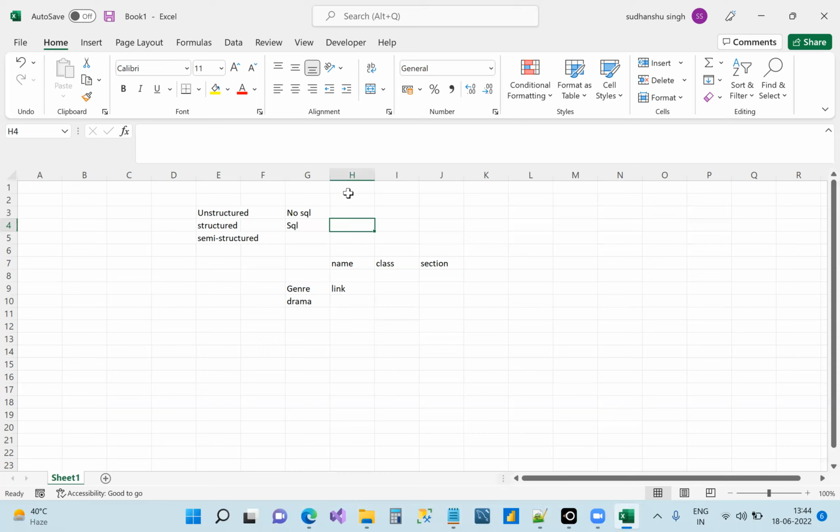Popular platforms. One, where we will be learning, is SSMS. It is called Microsoft SQL Server Management Studio. And then we have MySQL Workbench. This is MySQL. Then we have PostgreSQL. And then we have Oracle. We have many more. These are a few popular ones. So all of these use SQL.